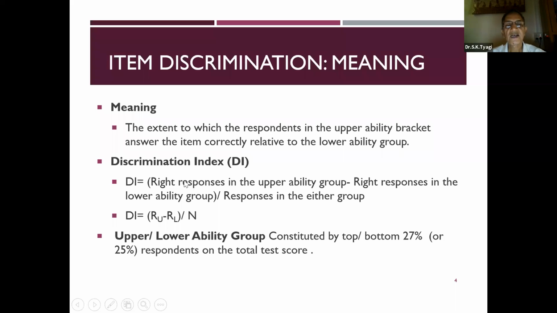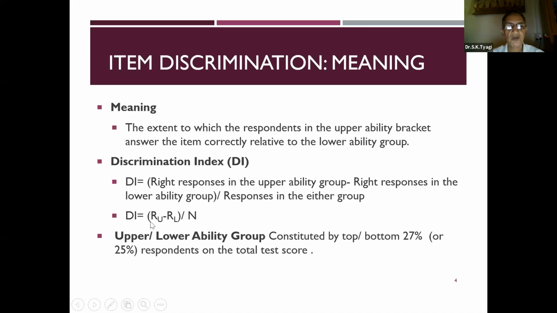Discrimination index is right responses in the upper ability group minus right responses in the lower ability group. Now this definition holds good for tests where we have a sense of right and wrong response, divided by the responses in either group.